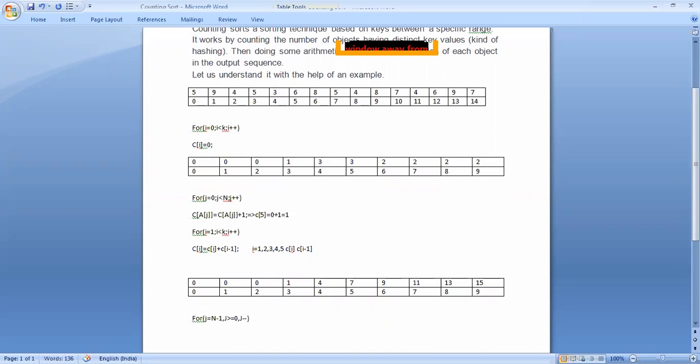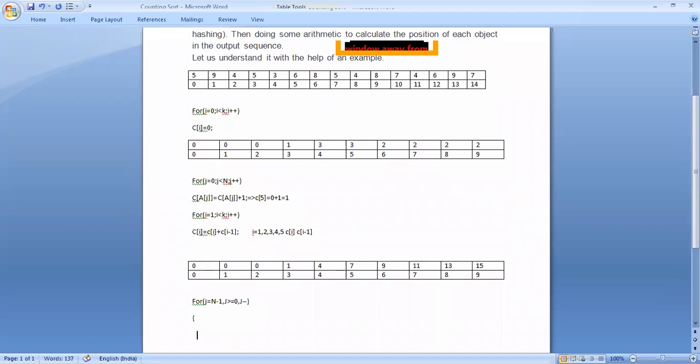Yes, so now one array B, within the B another array C, within say A[j], this one is closed, minus 1. Now in place we can write A[j].